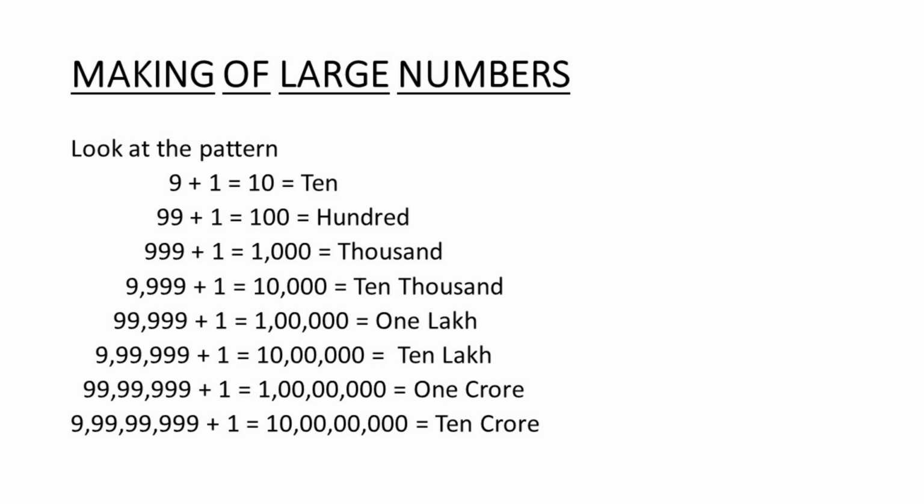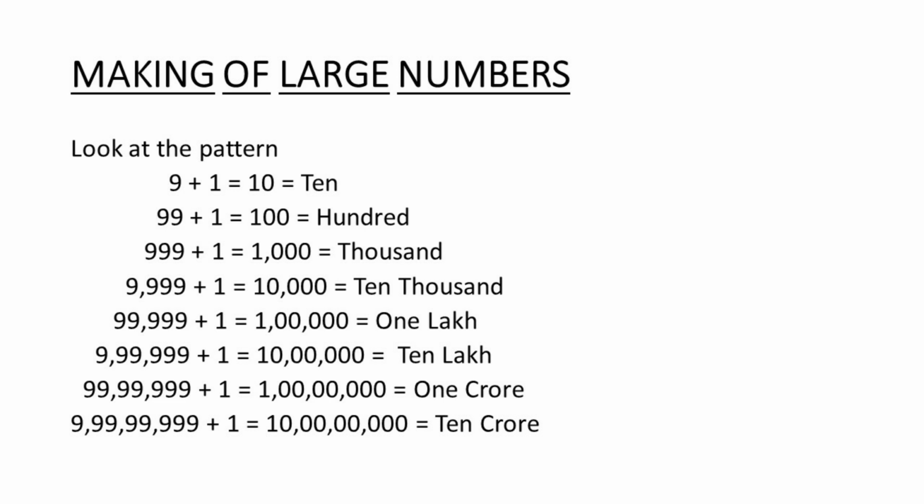Let us understand this pattern more properly, that is how the large numbers are formed. You can see that we are adding 9 with 1 and we have got 10. So here 9 is what? 9 is the 1-digit greatest number. When it is added with 1, we have got the 2-digit smallest number, that was 10. Now you can see the second pattern, that is 99. 99 is a 2-digit greatest number, and when we add 1 to it, we get 100. So that 100 is the 3-digit smallest number. Likewise we will understand the further patterns.